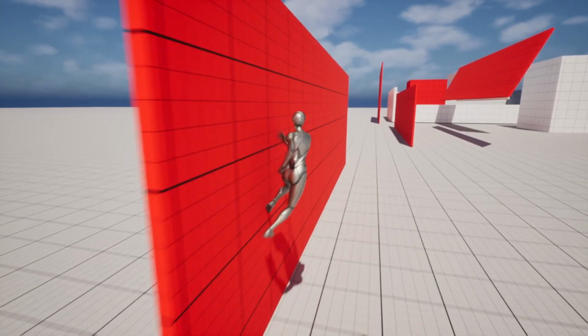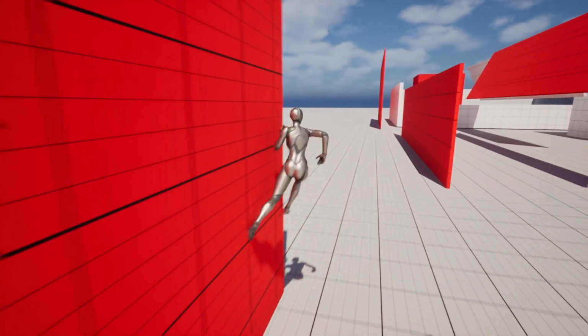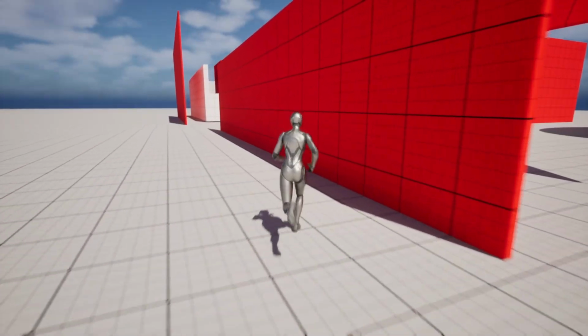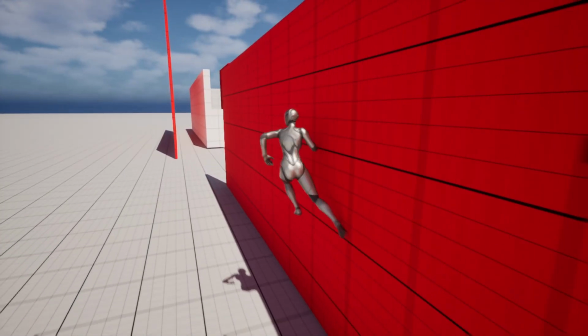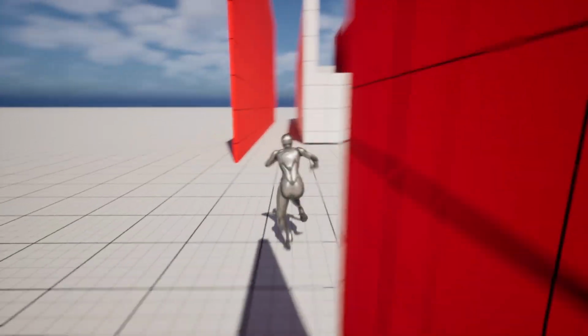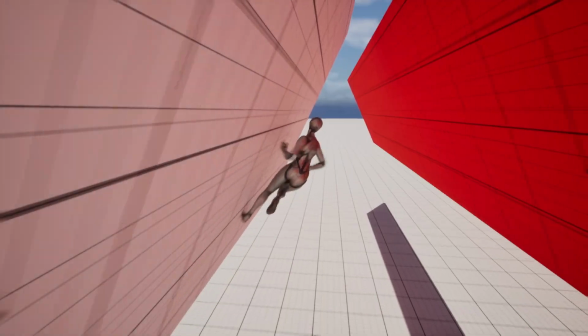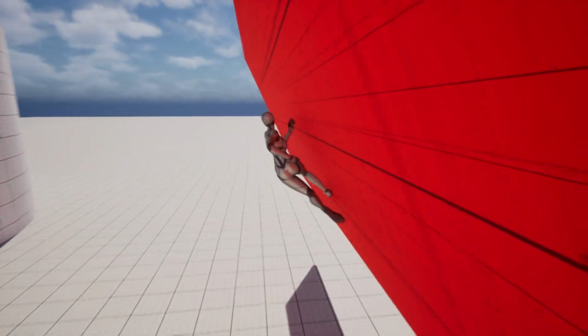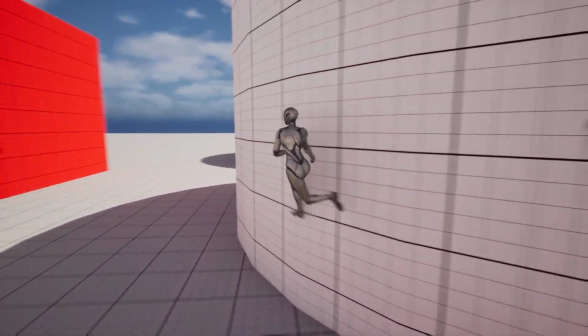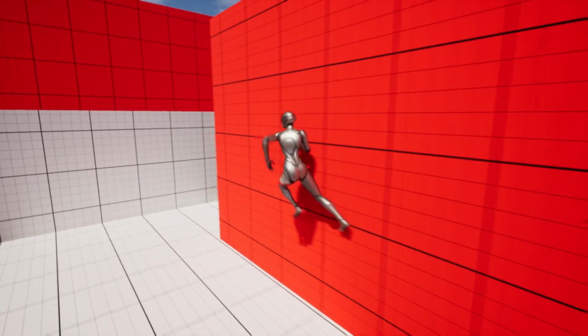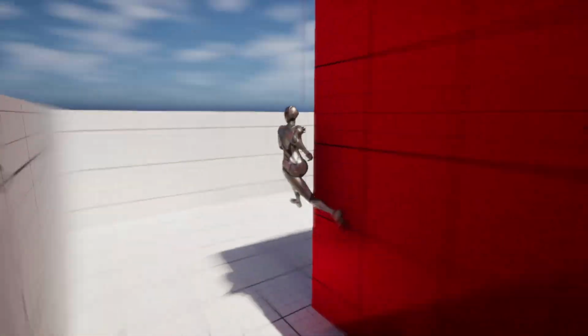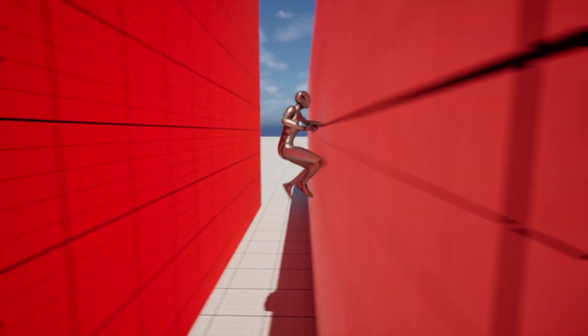In this video, I'll be teaching you how to make a third-person wall-running system in Unreal Engine 5 using C++. You'll learn how to create your own custom character movement component, something that is only possible with C++. You'll also learn about the essential 3D math behind wall running. Our system will support wall running on any surface at any angle, whether it's straight or curved. It will also include features like turning around corners and jumping off walls, so if any of that sounds interesting,